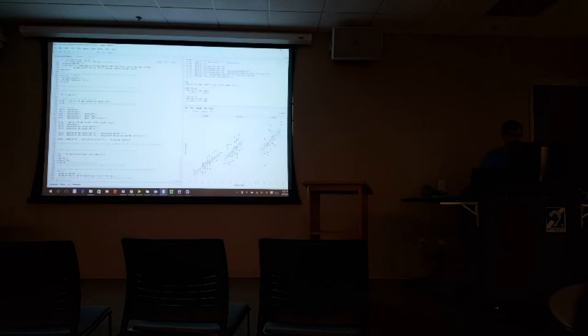But the summary command is a little odd here. We saw summary on data frames. It gave us a lot of information. Summary gives us a lot more information than just printing out the object here. If you've done any sort of stats class, this will look familiar to you. It gives you the residuals, it gives you the coefficients, it gives you tests of significance, if you're into that. R squared, whatever you want.